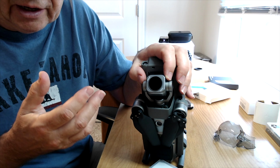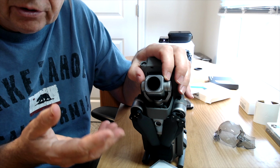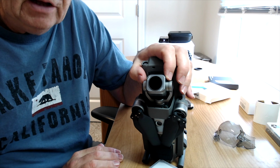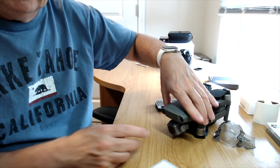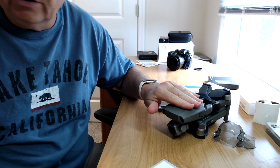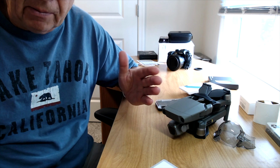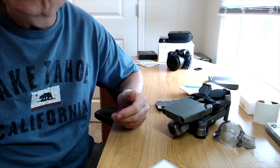You can turn the drone on and look at your monitor, on your phone, smart controller, whatever your monitor for the drone is, and see what adjustments it needs to get the proper settings for how you want the colors to look. But also it's a 4 ND filter, so it will help you use the proper shutter speed to get that motion blur you want in your scene. For instance, this drone is in 4K. It's capable of 30 frames per second. So you would put that setting on the drone, and then you would adjust the shutter speed to 60 to double the frame rate, from 30 to 60,